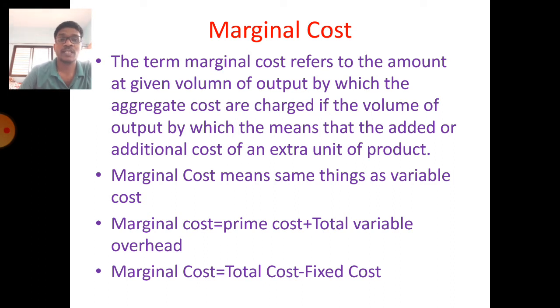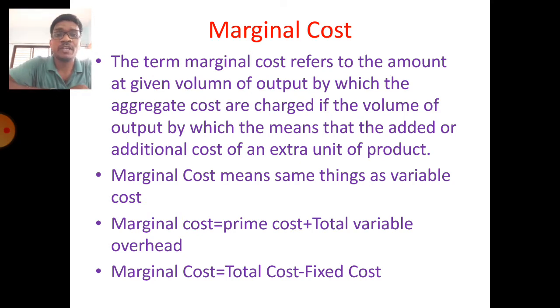The marginal cost is calculated using the formula: marginal cost is equal to prime cost plus total variable overhead. How to calculate prime cost? First, opening stock, add the purchases, then less the closing stock, and add all direct expenses like architect fees, royalties, etc., and calculate the prime cost. The variable overheads are calculated in this chapter. Marginal cost is the most important factor in this syllabus for production industries or the company sector.